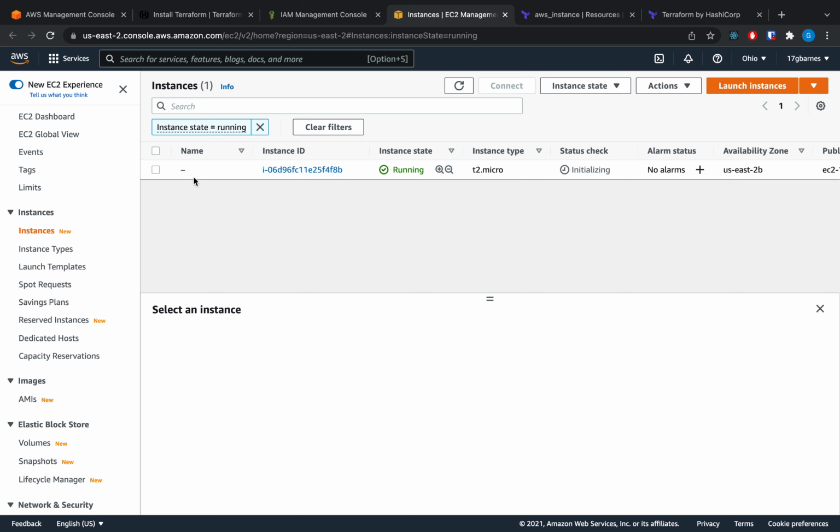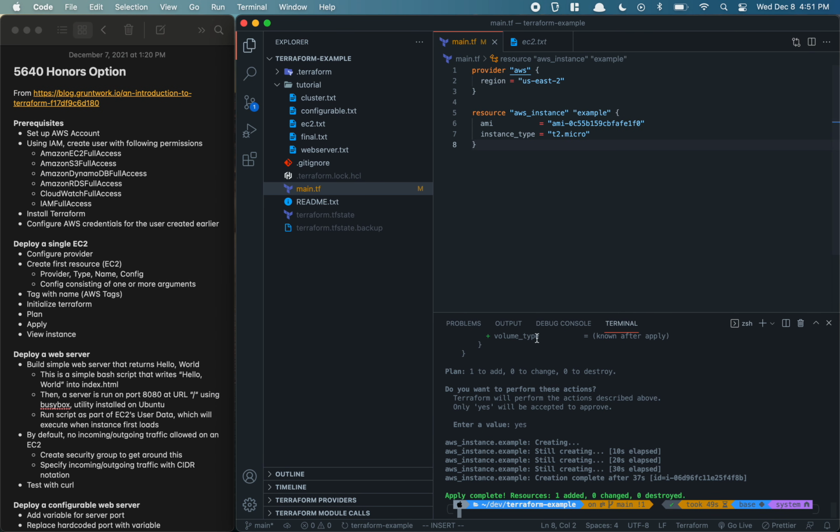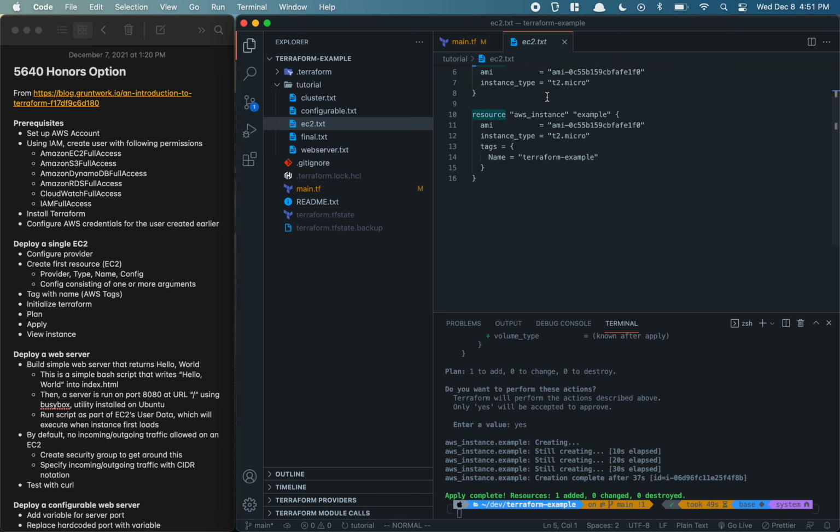Now, of course, we could go in the console and change this, but really if we're working with Terraform, we don't want to do anything in the console. We want to either do everything using a language like Terraform or everything in the console, but mixing them gets a bit complex because then you have maybe a configuration saved in a repo somewhere that's out of sync with the actual configuration. So in order to give it a name, what we could do is use this tag